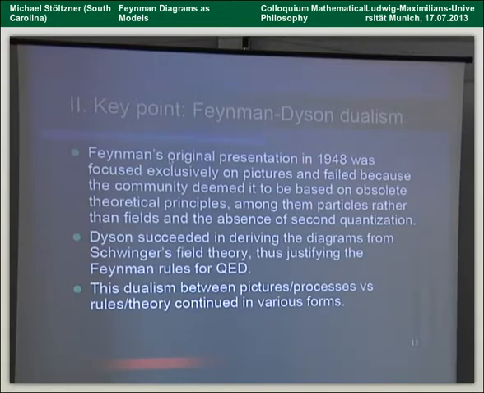He talked about particles, etc., at this Pocono conference, and everybody said, oh, that was awful. You have no idea about second quantization. You still talk about particles, and you don't know quantum field theory, and Schwinger won the day. And then there was Dyson, who lived in both worlds, also in Schwinger's world, and he was able then to justify all the things that Feynman had done in this presentation,